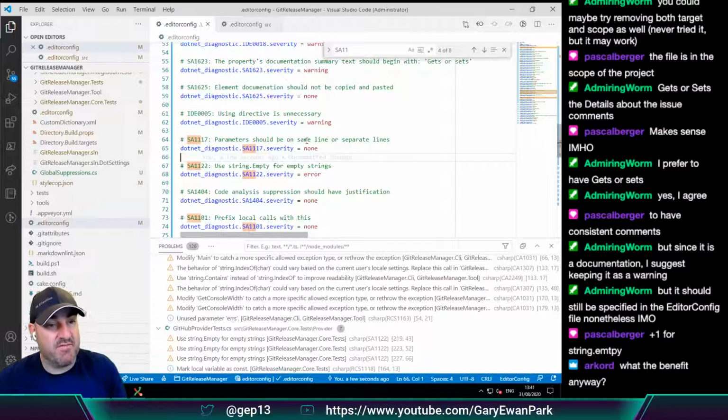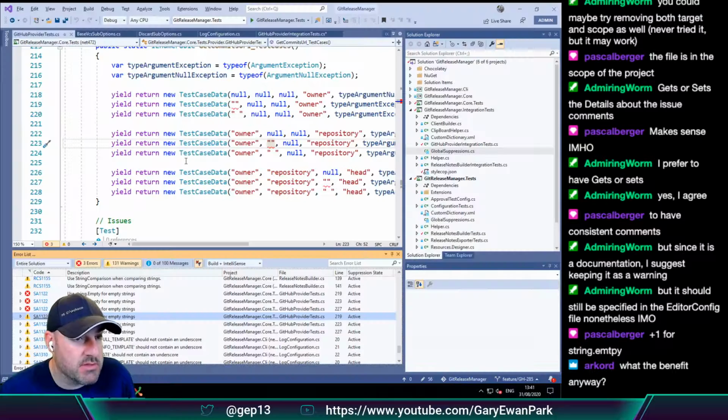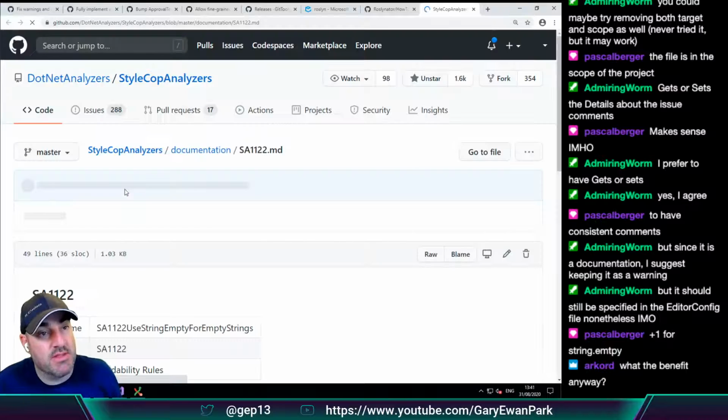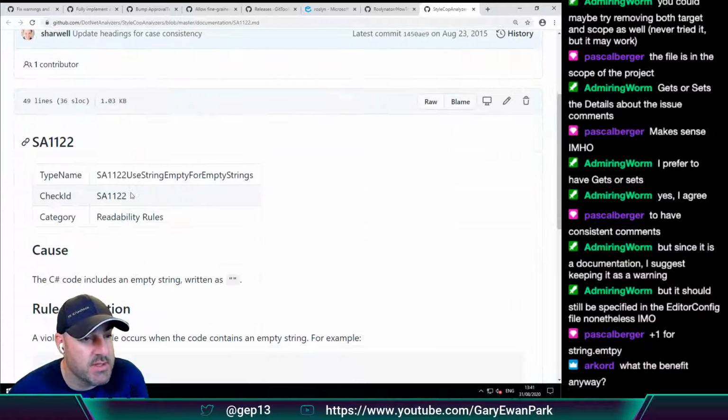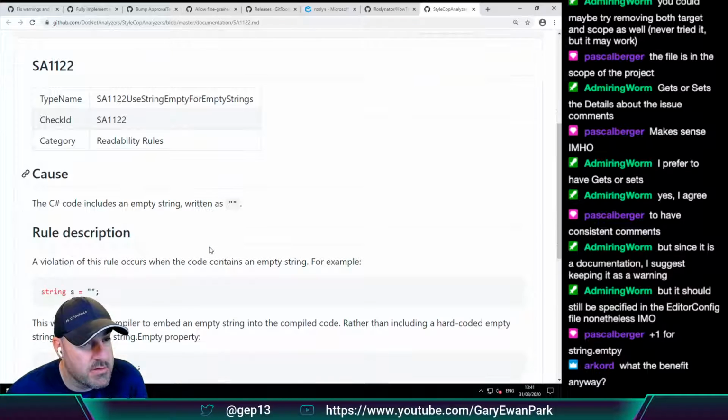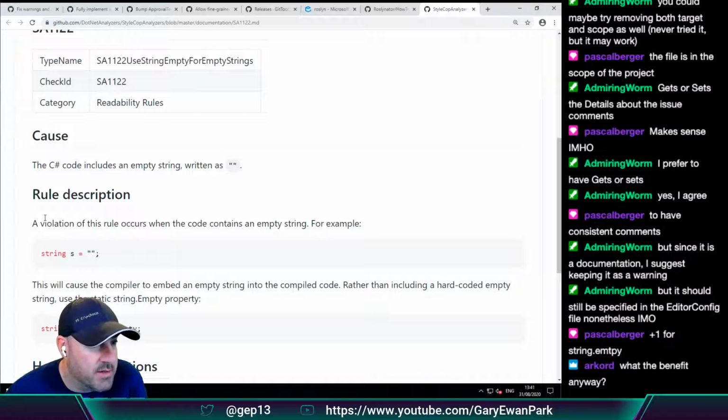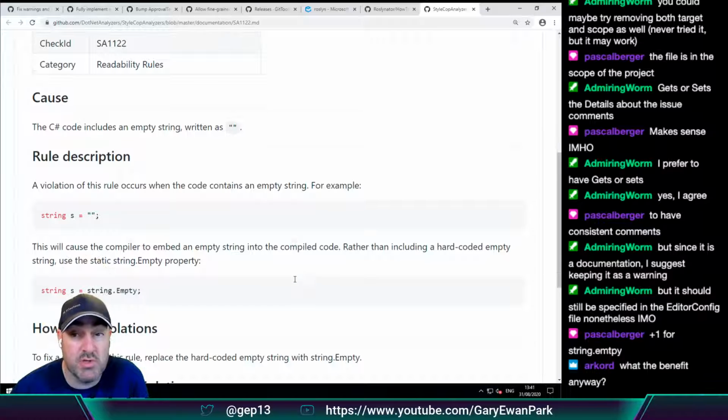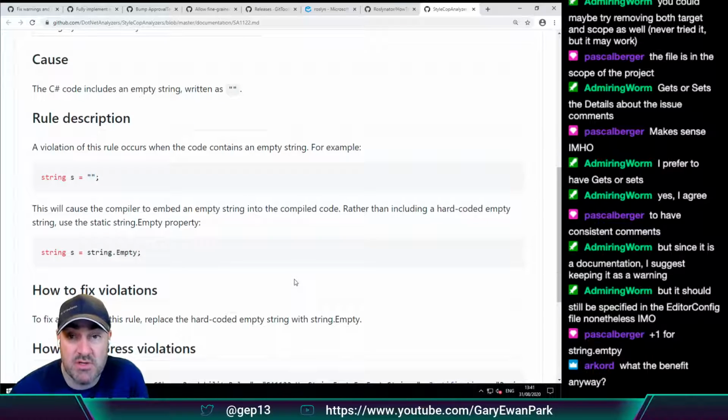The benefit historically is, well, let's read up on it, shall we? Because typically they give you some warnings. A violation of this rule occurs. This will cause a compiler to embed a string into the compiled code rather than including a hard-coded empty string.